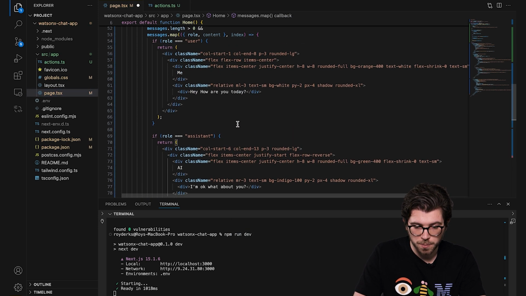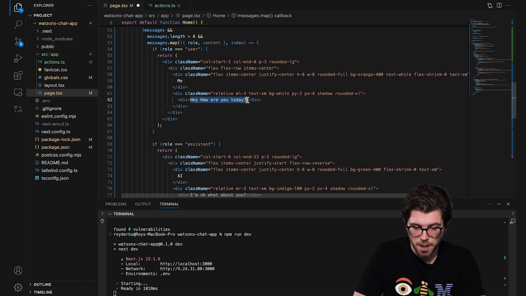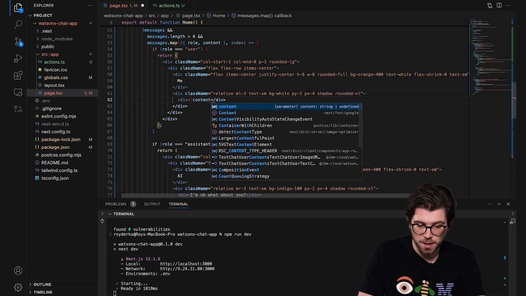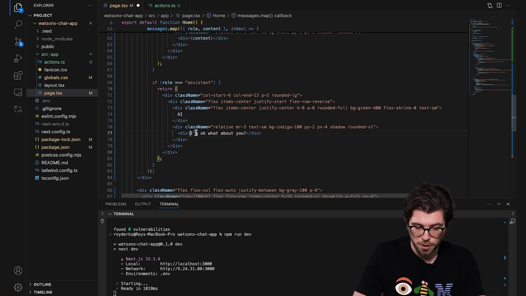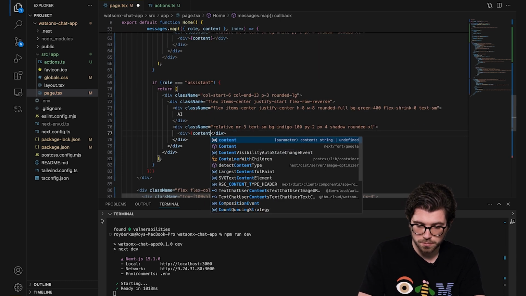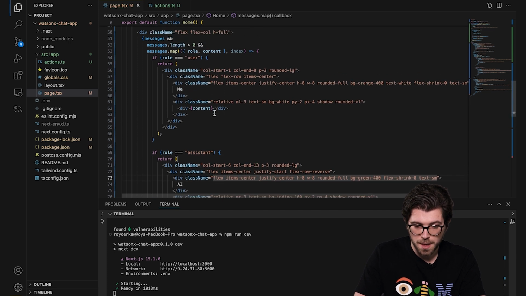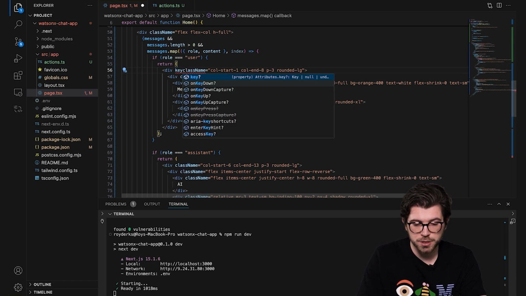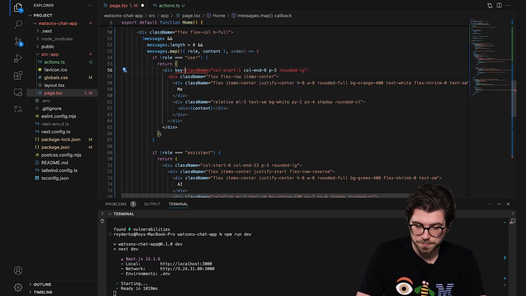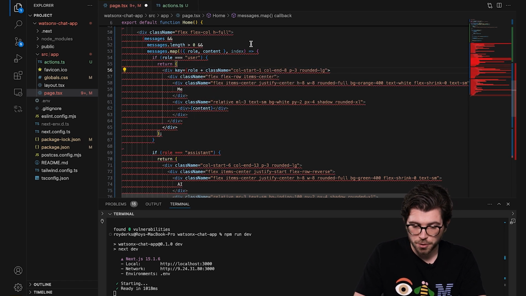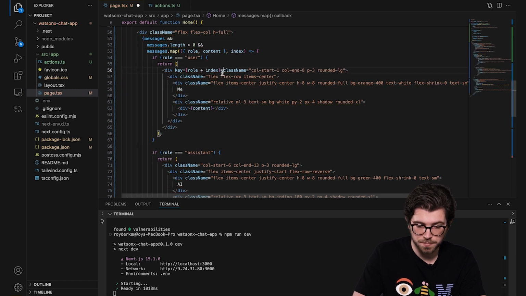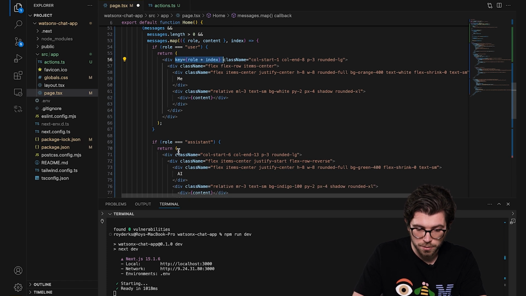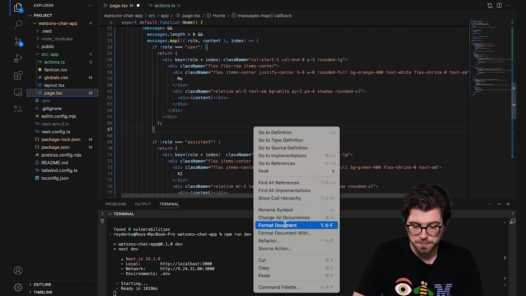And then of course I want these to be dynamic. I don't want the placeholder messages anymore. Instead, I want the actual content either coming from the state or content coming from the large language model. As we're using React, we need to make sure that each of the elements we return from a map function has its own key. So we need to set a key here, otherwise you might be seeing errors in your developer console. And for this we can use the role and the index, which is the index of the iteration of the different messages. And we can use this same key construction for the different message types.